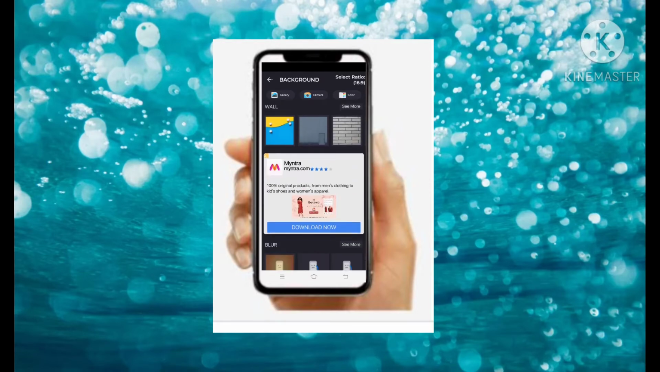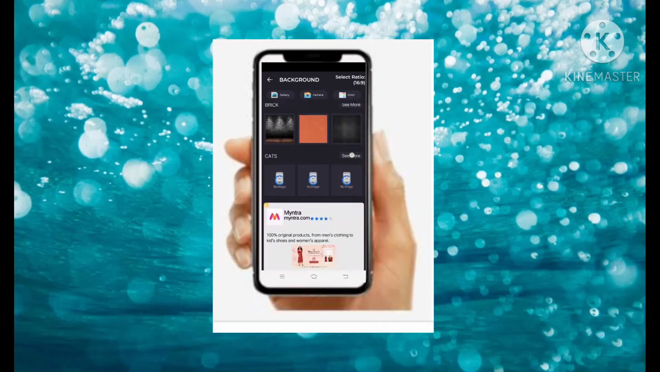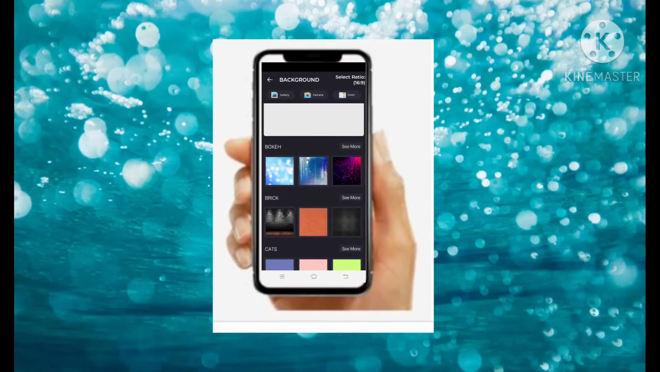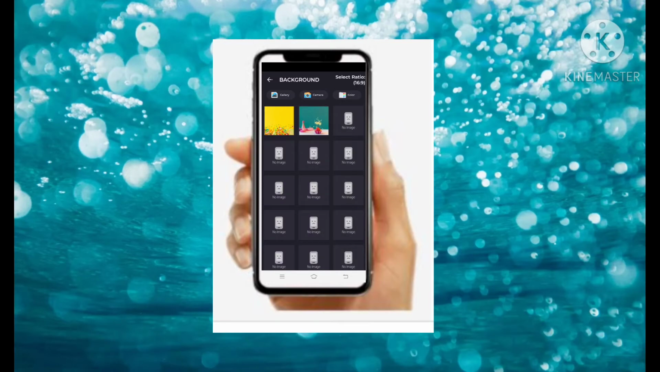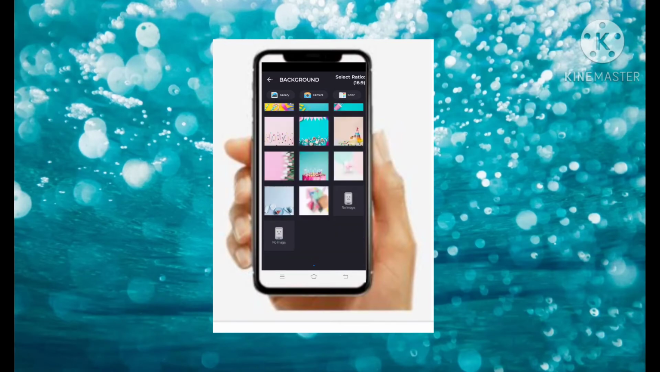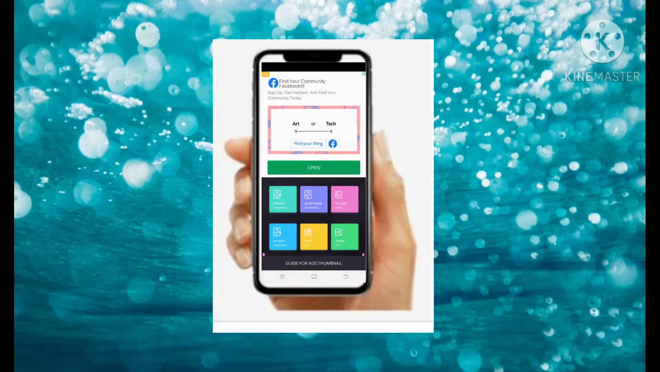Here there will be different backgrounds. Many types of backgrounds are there. Don't think it's only these 3. Here, see, more will be there, so you can also see more. There are many of them. But if you don't like any of these,